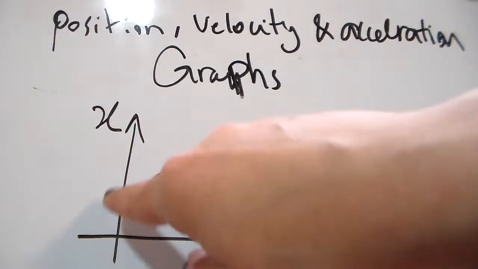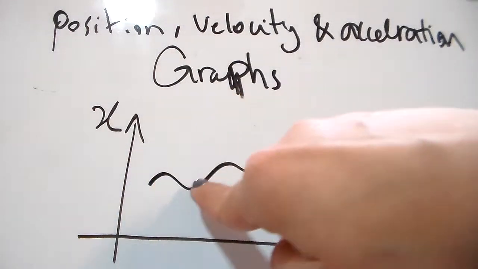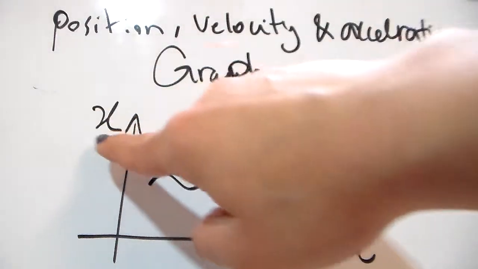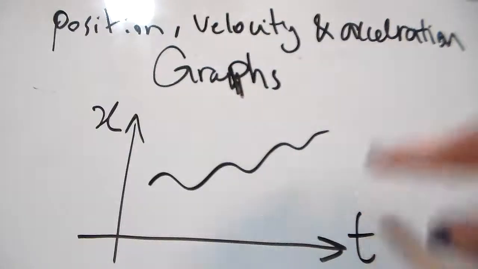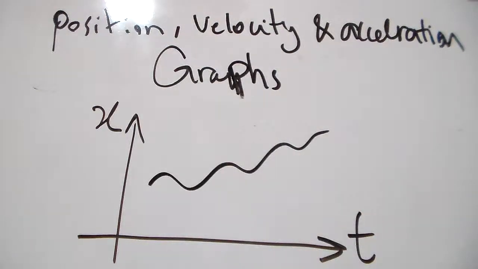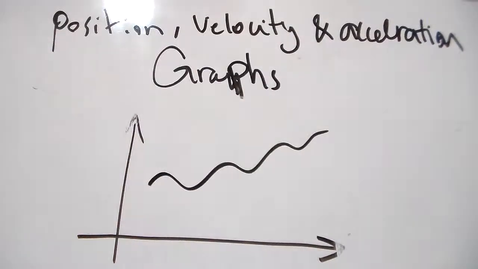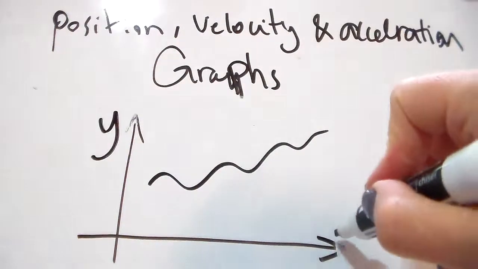It doesn't say that there is a car that just goes like this, because this shows the position of the object versus time. If this graph was y versus x,